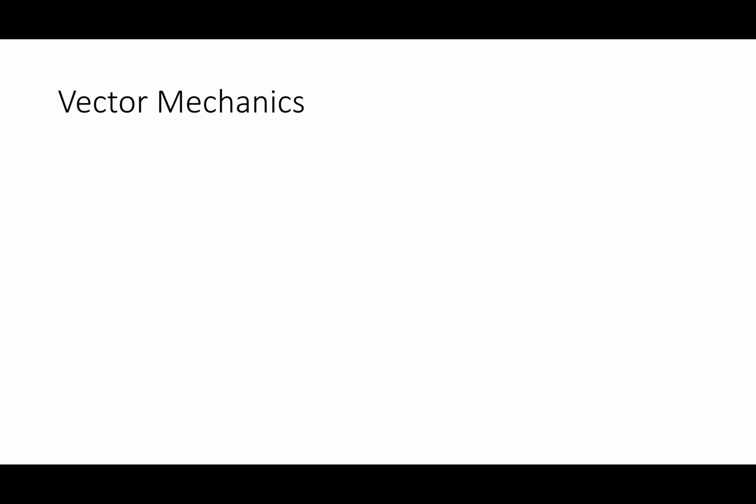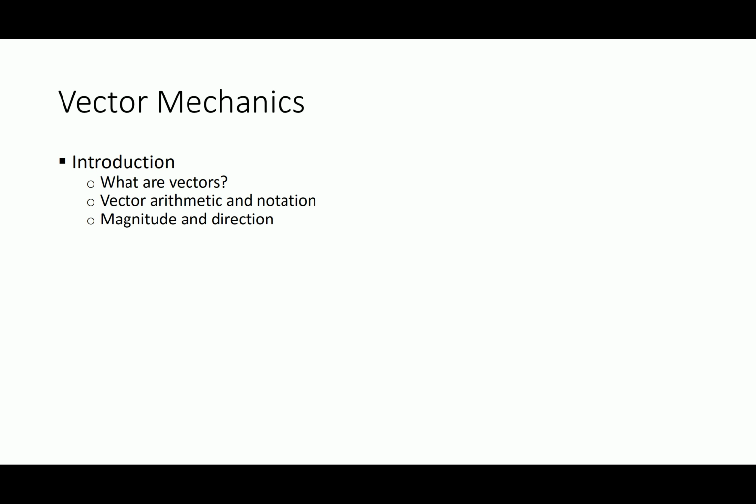Here's my short series on vector mechanics. First of all, we're going to look at an introduction to vectors, including what they are, a bit of arithmetic and notation, magnitude and direction, and what I consider to be the vector equation. There seems to only be one that we have to use, and we use it again and again and again